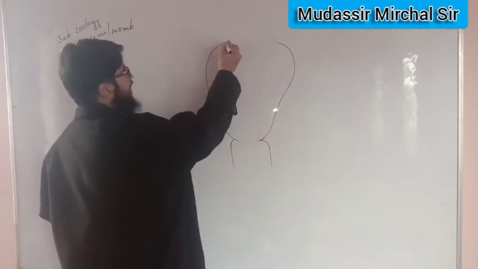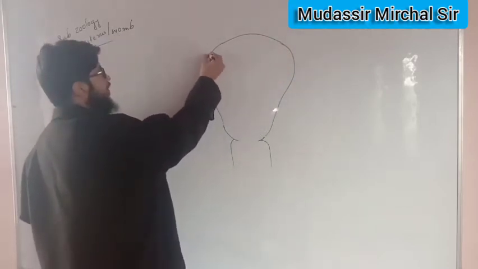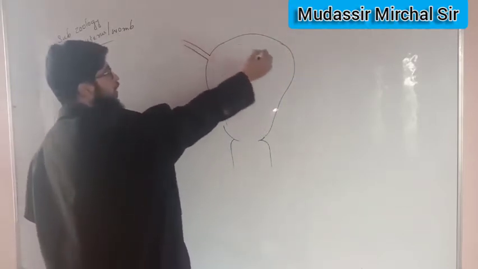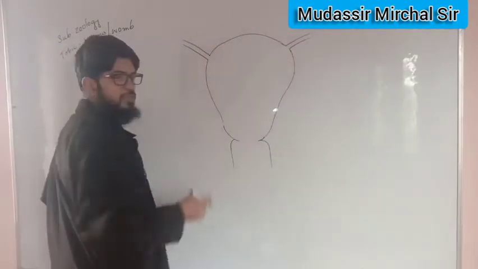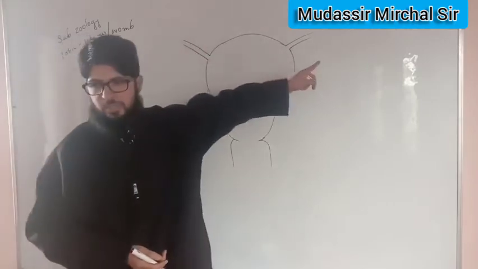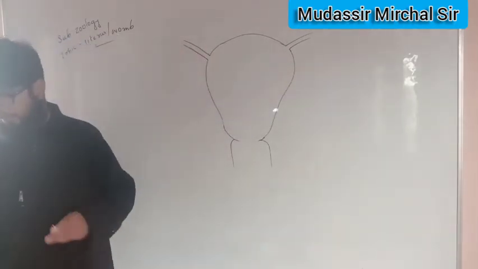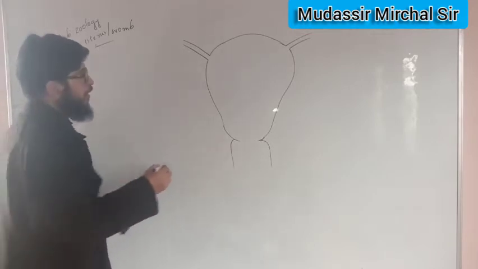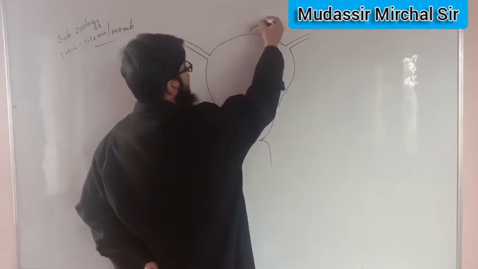Okay, and here somewhere we are drawing the particular cornua and oviducts. Okay, these are the oviducts, and the point where they join the uterus, they are the cornua, isn't it? Now, if we talk about the parts, this is the fundus part of the uterus,